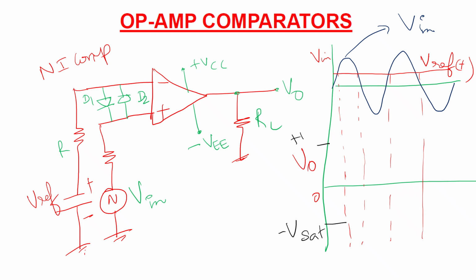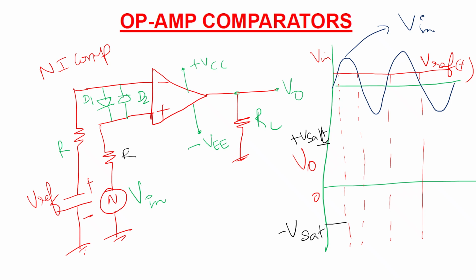High means plus Vsat, so the comparator swings between the two levels, minus Vsat and plus Vsat, depending on the input voltage and the reference voltage. Since the input voltage is fed to the positive terminal, if the reference voltage is greater than the input voltage, the output will be